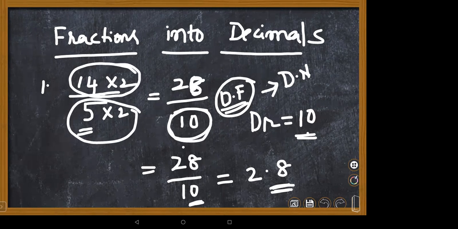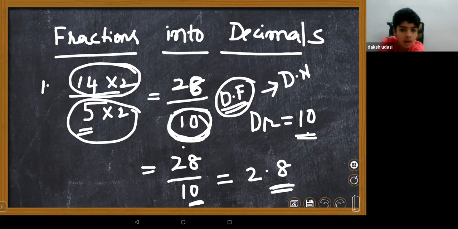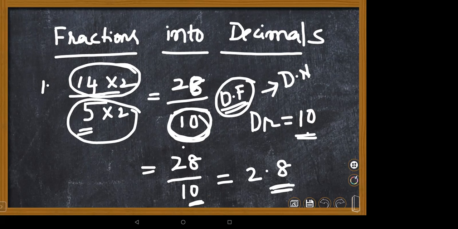So if the denominator is 10, 100, 1000, our conversion is very easy, Nana, than 5, 6, 7, 8, 9. Just you need to jump the decimal towards right or left, whichever side you have to check, and do it. That's all. Okay, ma'am. But Daksh, I will give one more method.